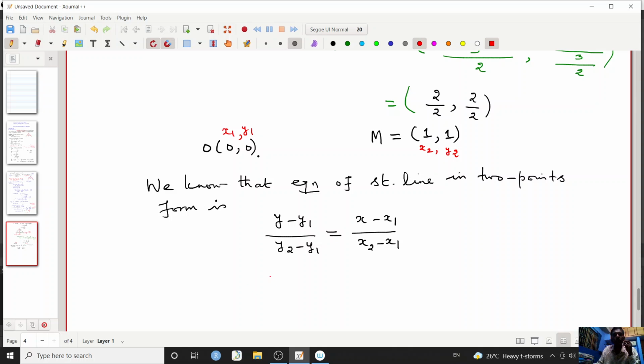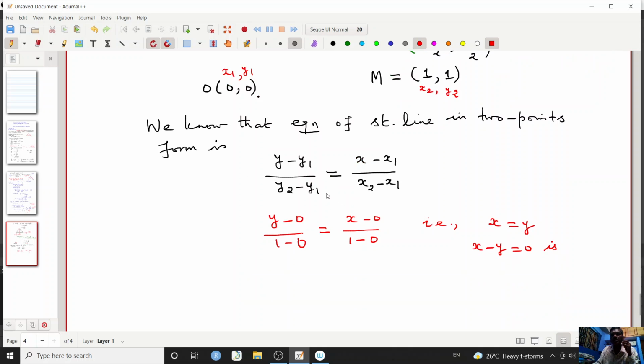Now when you substitute, (y minus 0) by (1 minus 0) is equal to (x minus 0) by (1 minus 0). That is x is equal to y, or x minus y is equal to 0, is